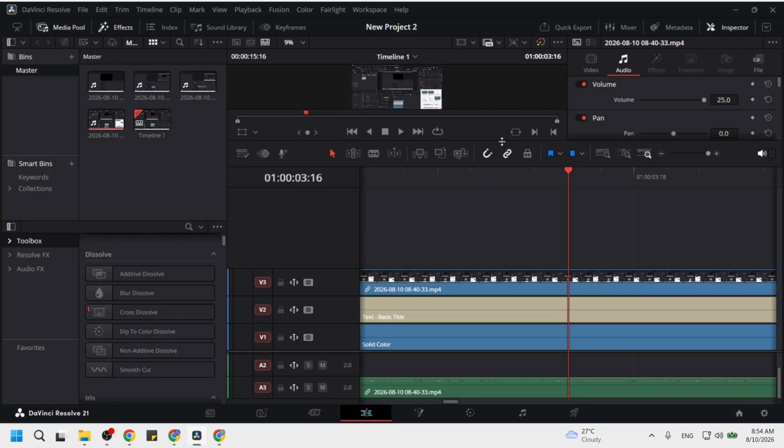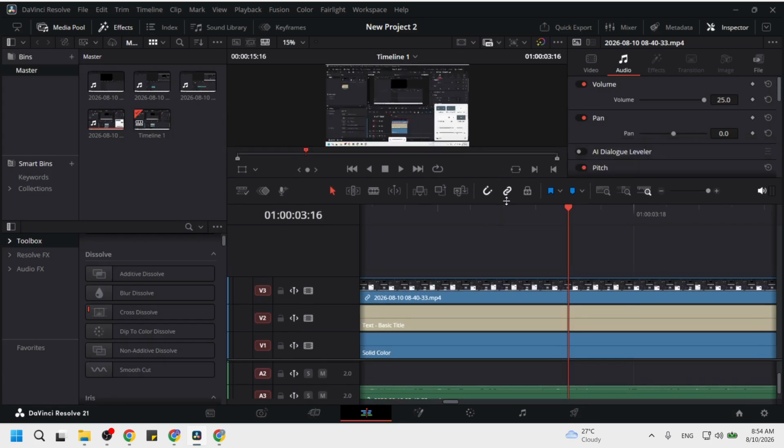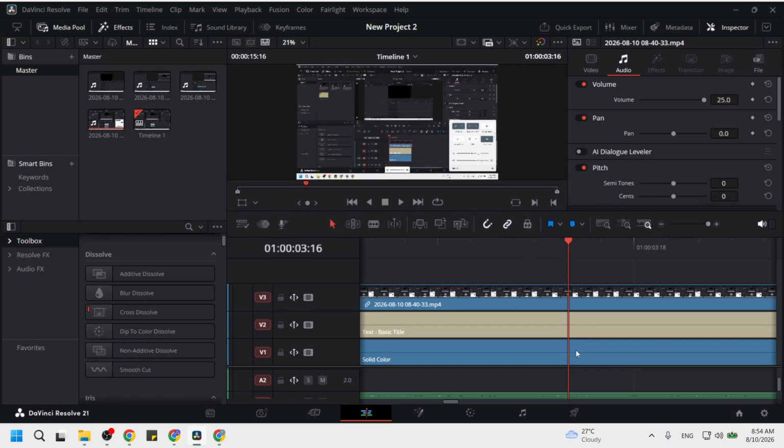Now go to the Edit page. Look along the bottom of the screen for the word Edit and click it. The Edit page shows your timeline with clips, audio tracks, and the main preview. If you already see the familiar timeline view with tools above it, you are in the right place.